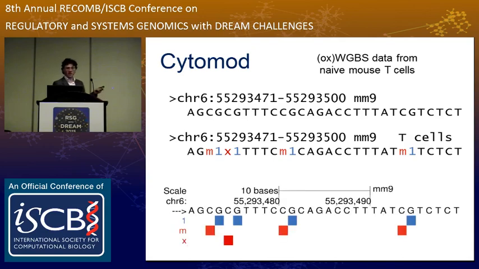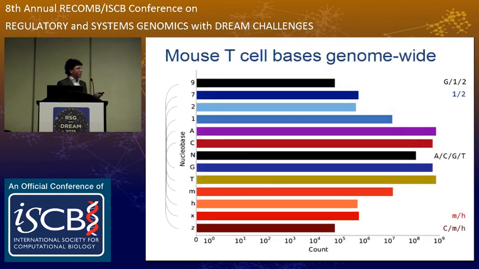So we can then plot this sequence in the UCSC genome browser and look at its distribution. Another thing we can do is look at the frequency of these bases genome-wide. So for a particular replicate shown here, you can see you have the expected distribution of cytosine and guanine almost